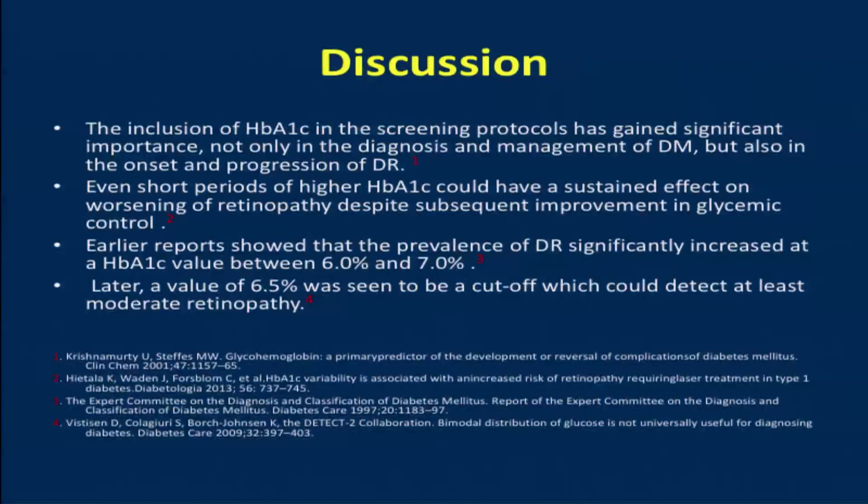So discussion: the inclusion of glycosylated hemoglobin in the screening protocol has gained significant importance not only in the diagnosis and management of diabetes mellitus but also on the onset and progression of diabetic retinopathy. Even short period of higher HbA1c level could have sustained effect on worsening of retinopathy despite subsequent improvement in glycemic control. Earlier reports showed that prevalence of diabetic retinopathy is significantly increased at value between 6 to 7. Later, a value of 6.5 was seen to be a cutoff at which